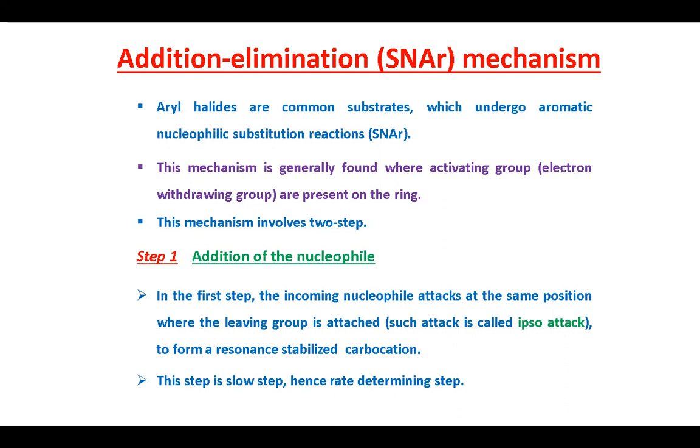As mentioned before, for such mechanisms, suitable electron withdrawing groups on the substrate favor the reaction, as they stabilize the intermediate carbanion. Intermediates of this type are stable salts, called Meisenheimer or